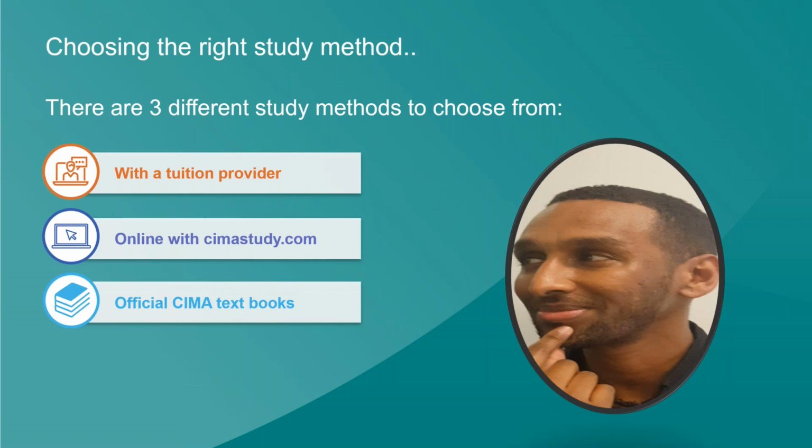Now, in terms of support and costs, this method of study will not be anywhere near the cost of a tuition provider, but it won't be as cheap as the textbook option. In terms of support, you do have the support of a teacher that you can liaise with by email. That's if you go for the CIMAstudy.com standard version. If you decide to go for the prime version, there will actually be a teacher that you can liaise with by telephone as well. So you do get some additional support there, though not quite as much as you would with a tuition provider. The third and final way that you can study with us